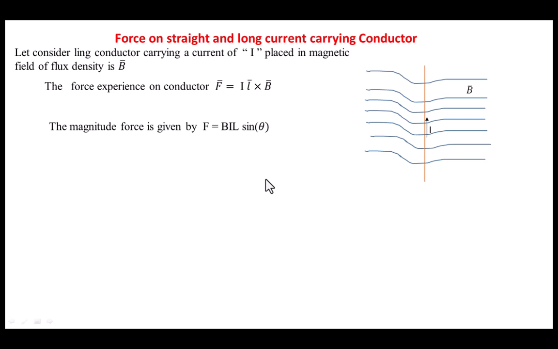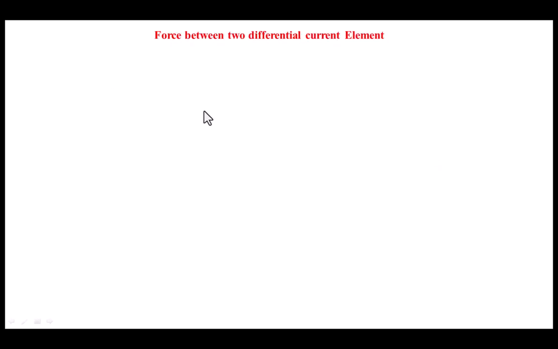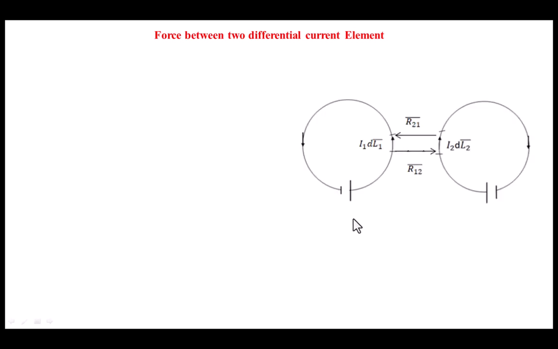So, finally, the force will be reflected to the conductor. Force between the two differential current elements. Here we have taken two current loops. This is the first current loop, which is carrying a current in this direction because of this voltage source. In the same manner, this is one more current loop, which is carrying current in this direction due to